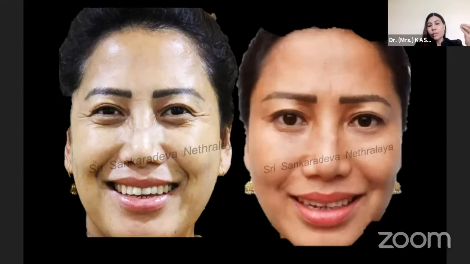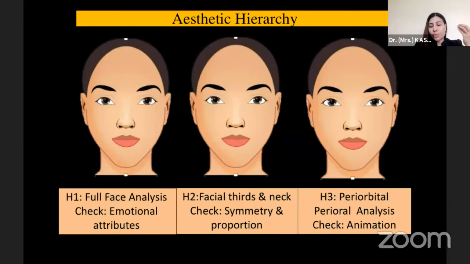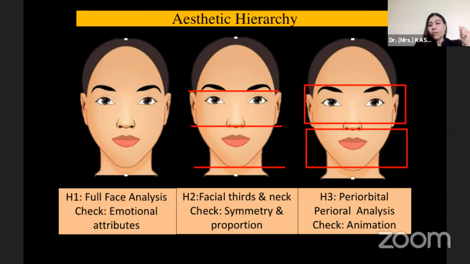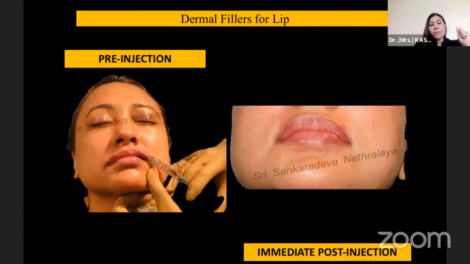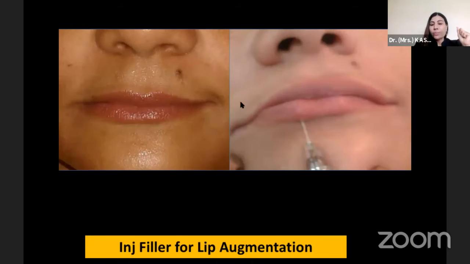And when she animates, you can see the tear trough and also the changes in the quality of the skin is much better. So we have discussed hierarchy 1, hierarchy 2, hierarchy 3, especially highlighting the periorbital region. But within hierarchy 3, we also have the perioral region, where Shilpa has mentioned the anatomy so well. So this can be managed by an injection technique or with a cannula technique.